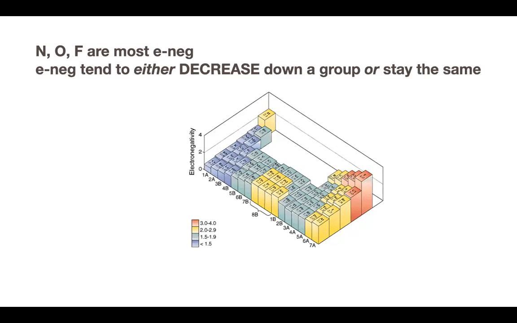If you go down the group, electronegativities are going to decrease or possibly stay the same, which you can see in that group here and here, where the height of the column doesn't look like it changes at all. Now, you do have these values, and again, you don't have to remember the values. The only number that maybe you have to remember is that fluorine is 4. I think that would be the only thing